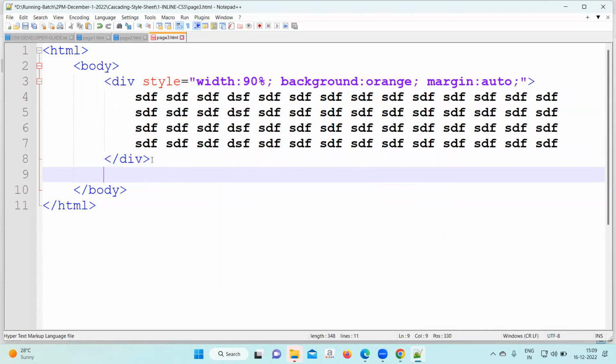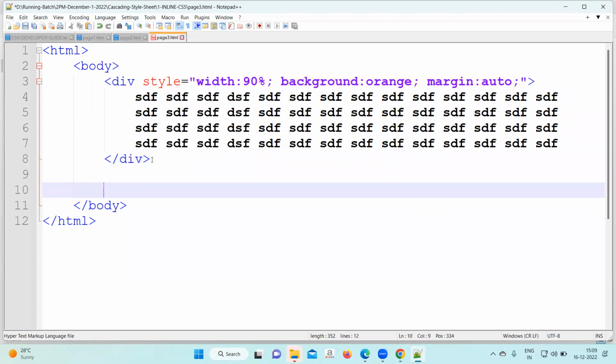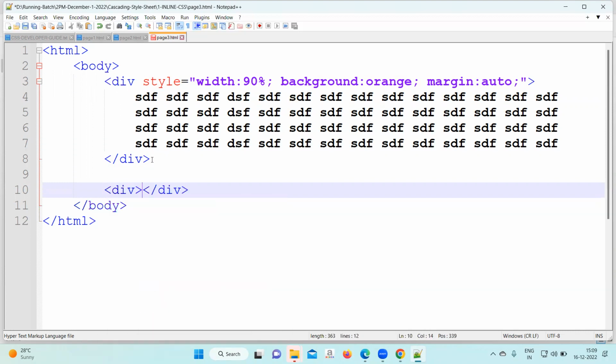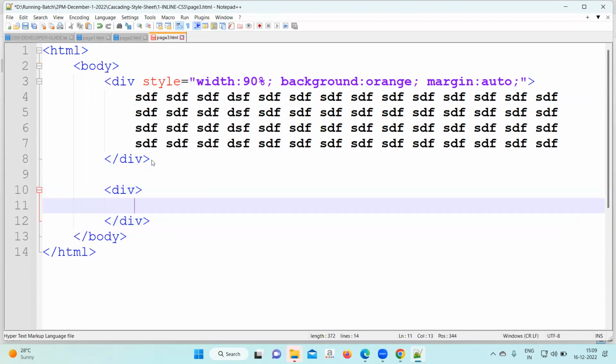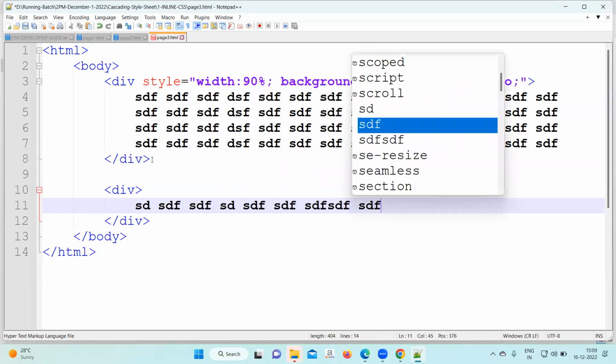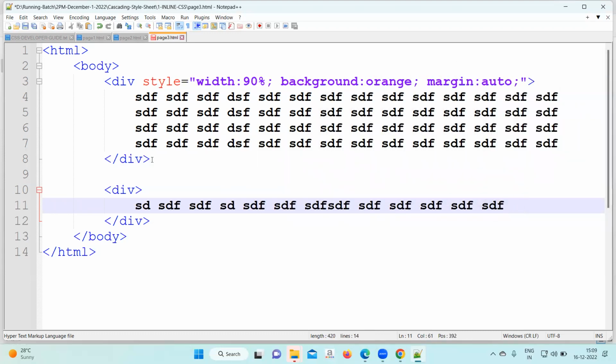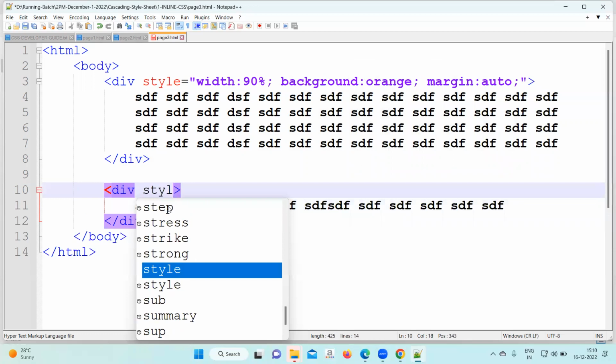Okay. Now come to the same file and write one more division. You can add some 1-2 lines of text. Okay, add any text, no problem. Next, after this, write in this style equal to